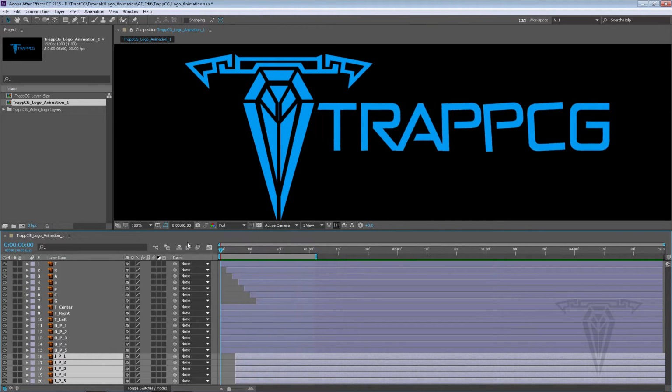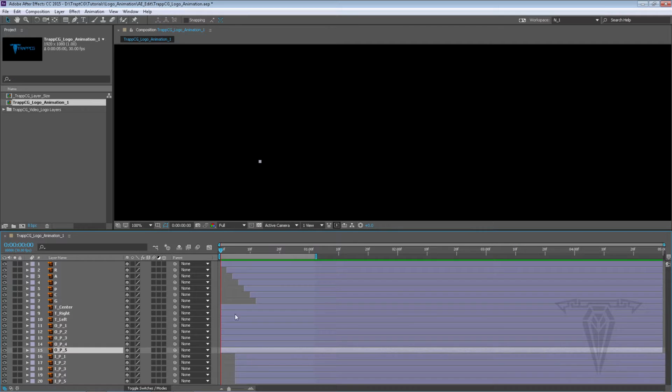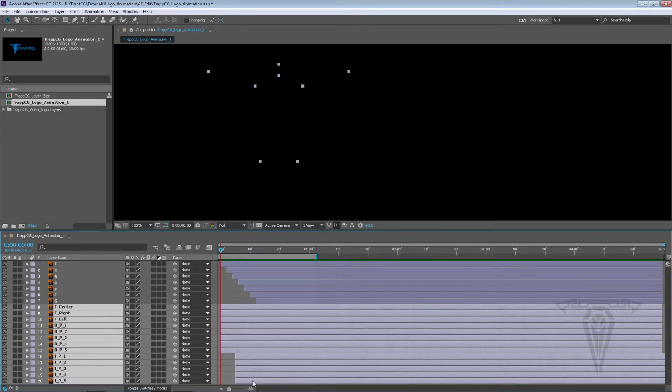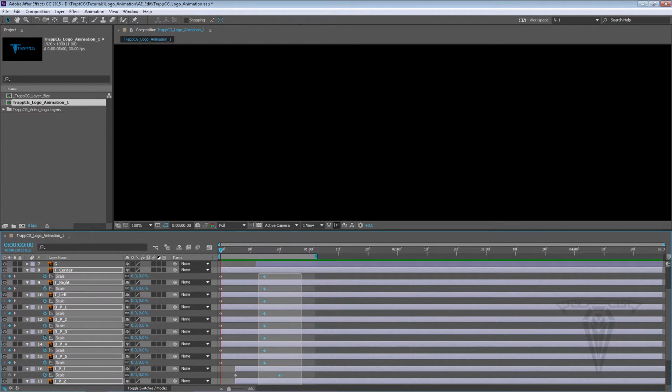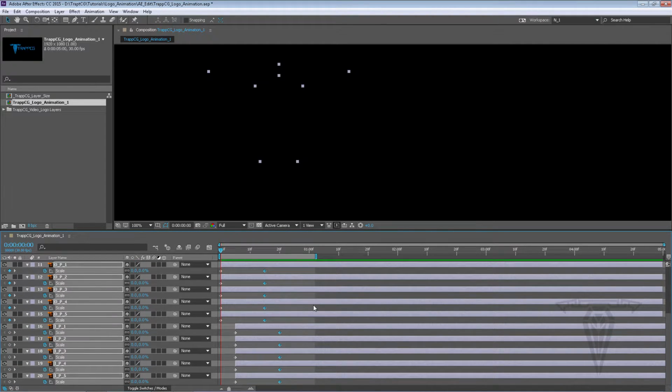Okay. So the one thing I don't like is how it kind of snaps in the scale. So let me select all these layers, hit S on the keyboard, and I'm going to drag select this time this way to grab all these layers. Now, here's a good time to talk about a really nifty shortcut key